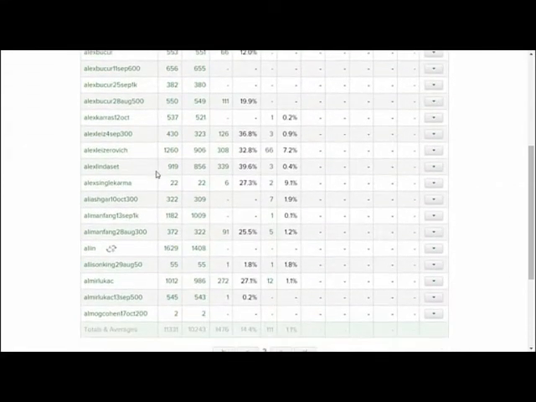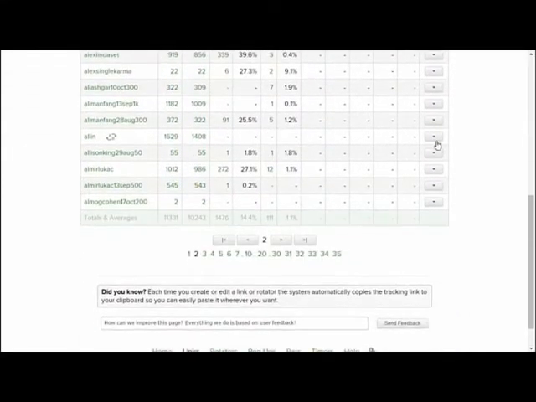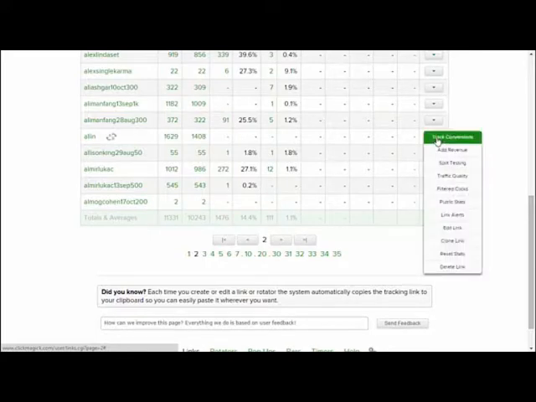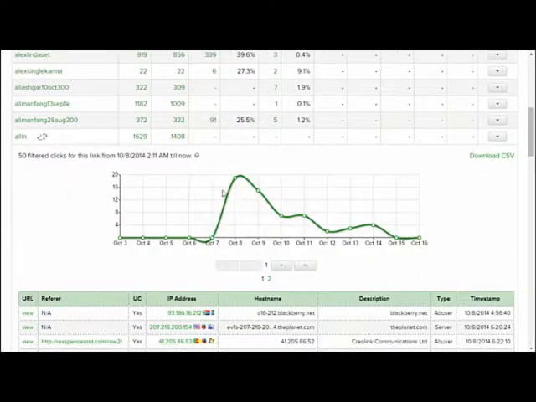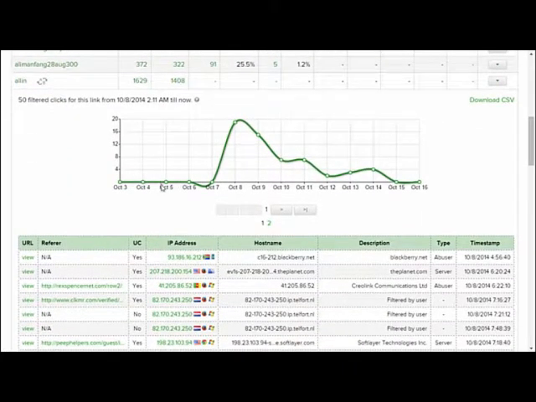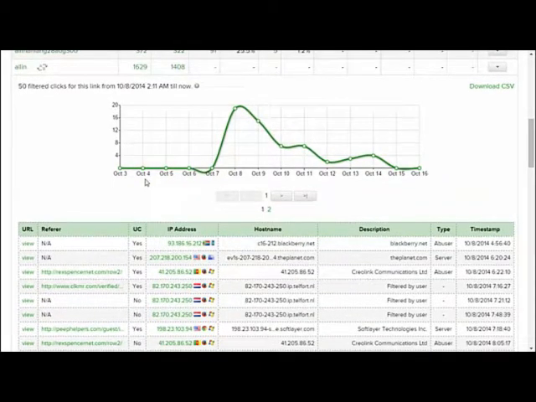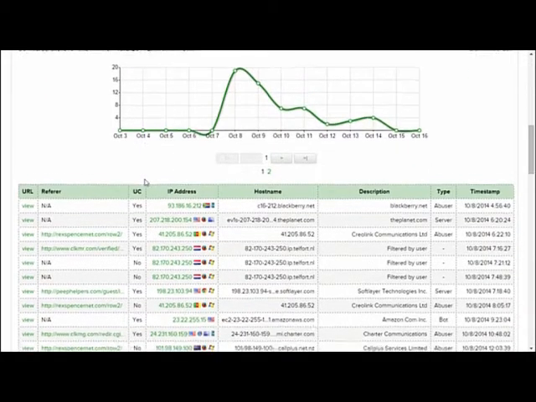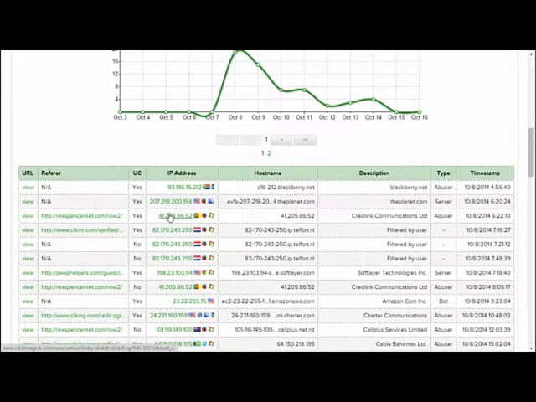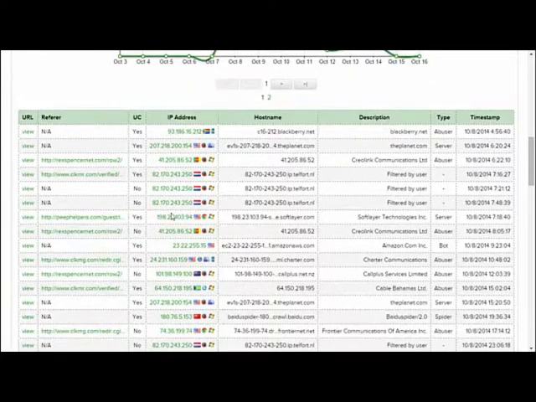Next is filtered clicks, which is one of my favorite features. ClickMagick automatically filters out clicks from bots, search engine spiders, link monitoring systems, antivirus software, and other automated clicks that don't represent a real click from a real web server. These automated clicks can really mess with your stats, so ClickMagick separates them out from your real clicks, and you can view all the filtered clicks here, including a description and click type for each one so you know exactly